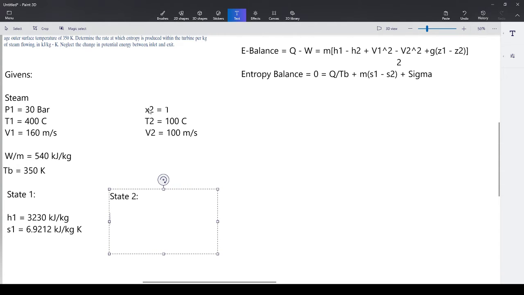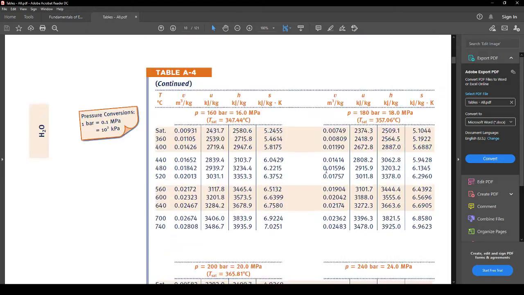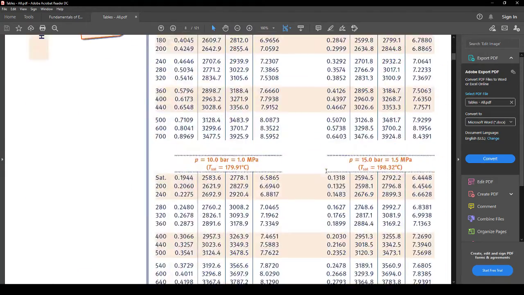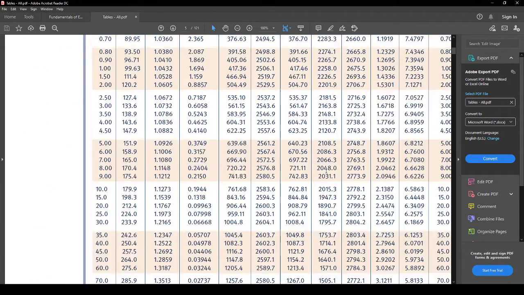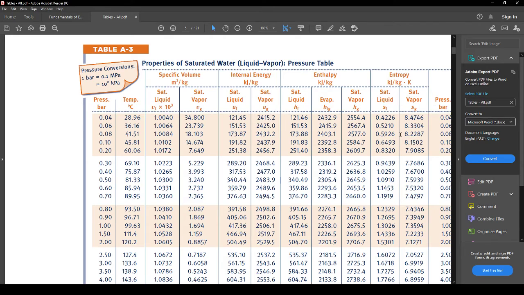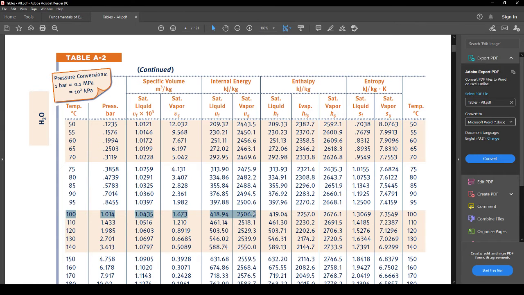Well, we know that the quality is 1, and we know that its temperature is 100 degrees Celsius. Knowing those two things, we can find the rest. We can go to the table because its quality is 1, which eliminates basically anything else. We know it's an Hg value, a saturated vapor value right here. Now we just need to go to 100 degrees C and find it. So right here, 100 degrees Celsius, and these are the values we need to grab: saturated vapor entropy and saturated vapor enthalpy. Those are the two, and we will grab those as requested.